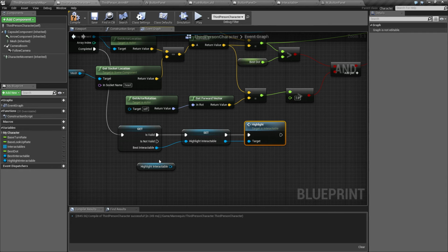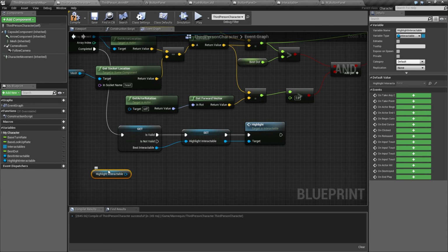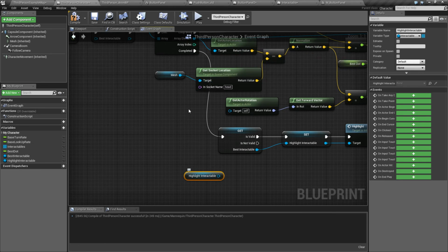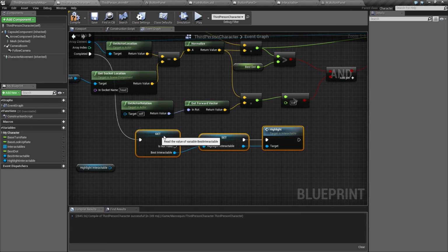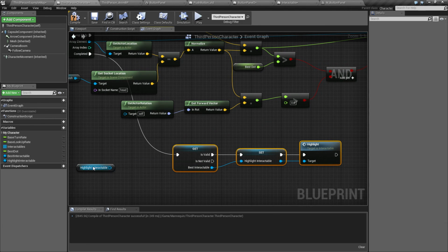Okay, so the point is really, once we come in here again, this best interactable might not be set. So that means that since we set it in this variable already, we now have access to this old value inside this variable here. So instead of just setting this one, because we want to do something else if this is already set,